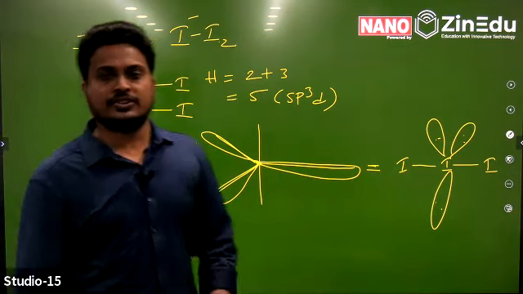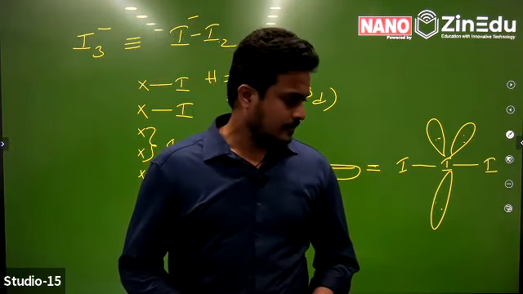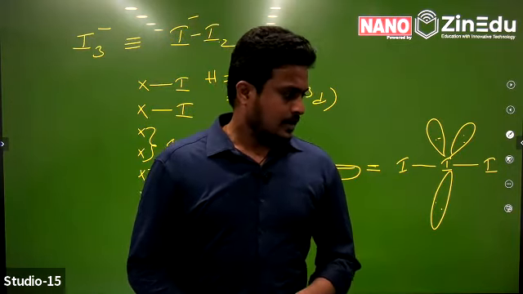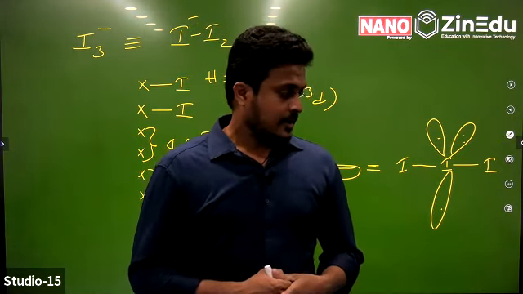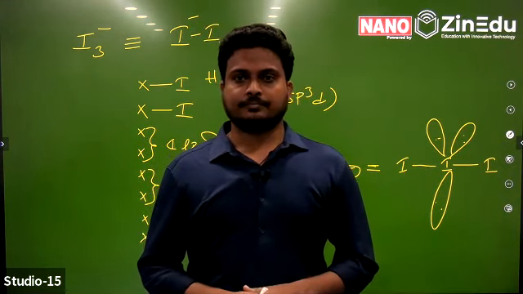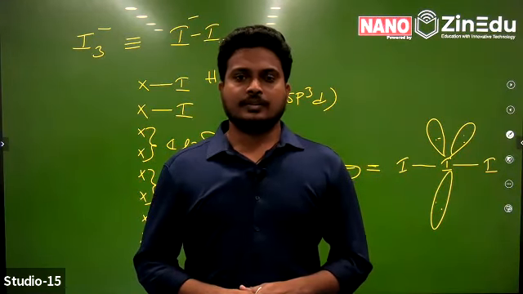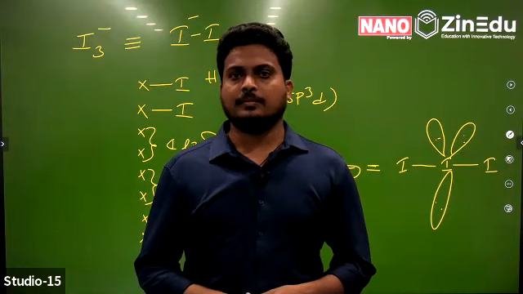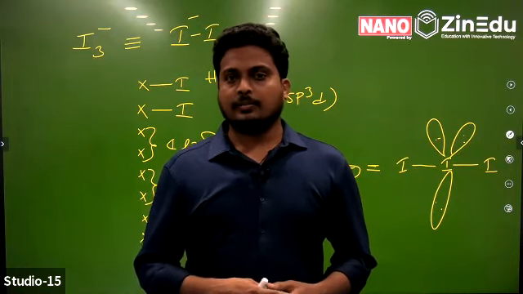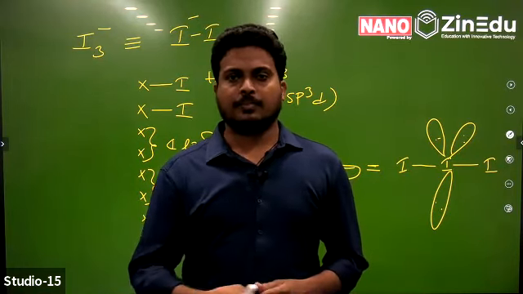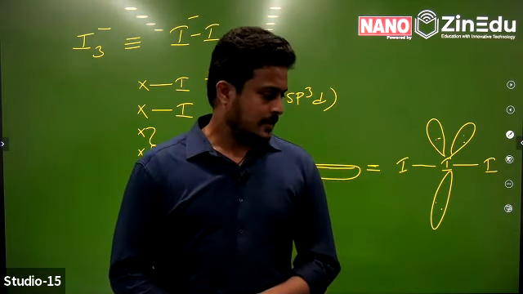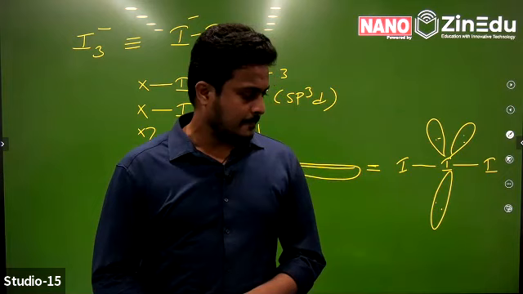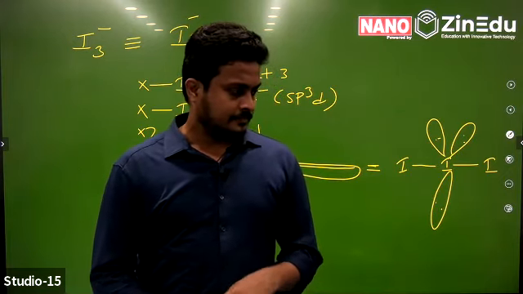Any doubts in today's session? Lahari, Rakesh, Mavia, Pujita? Any doubts about how to find hybridization, the shape of the molecule, and calculation of the number of sigma bonds, bond pairs and lone pairs? Clear? Yes, sir.